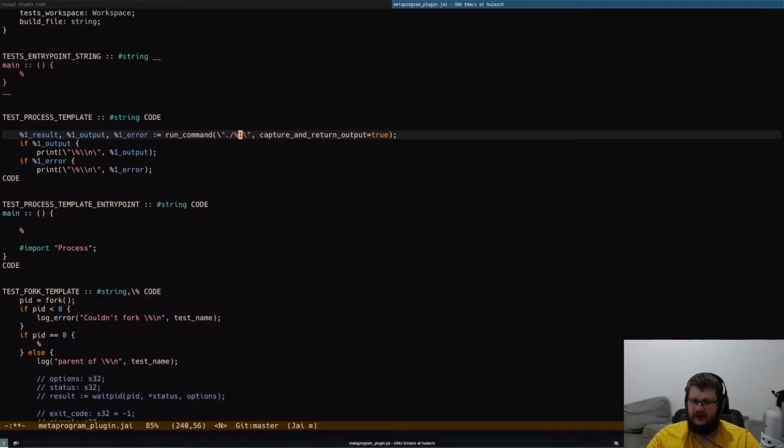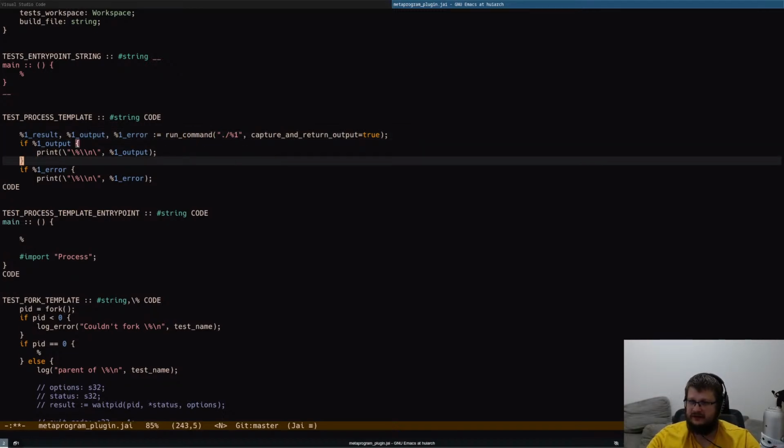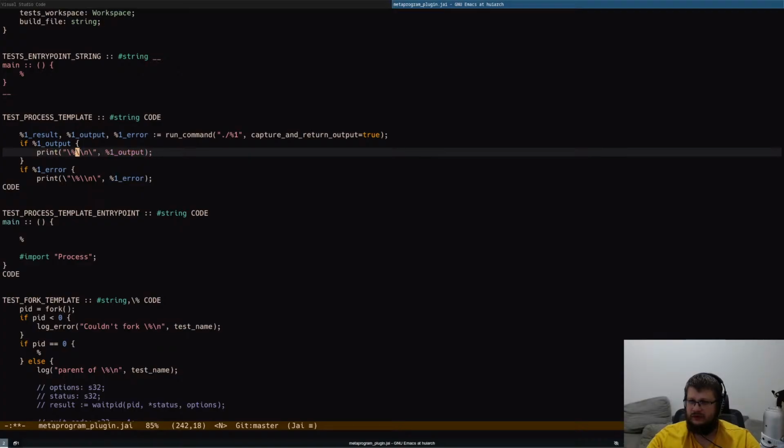So blah, blah, blah, run command. And we don't need that. Yeah, and we need this. So here we insert it by the name. Nice. So if output print, we don't need to escape anything anymore. We can just use it. And this